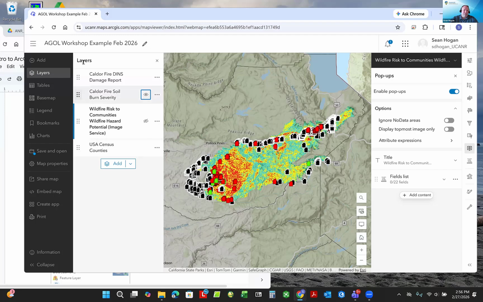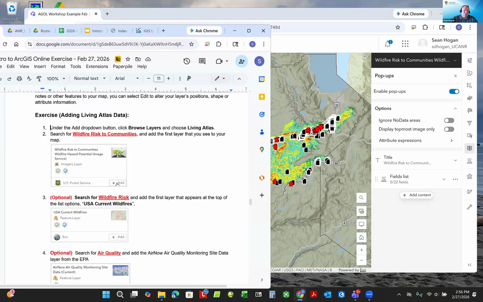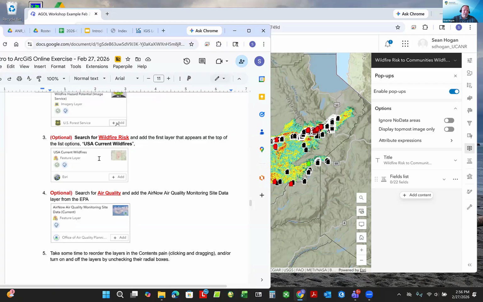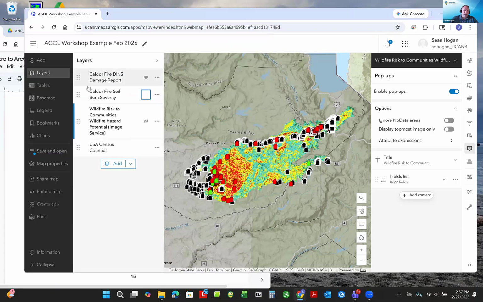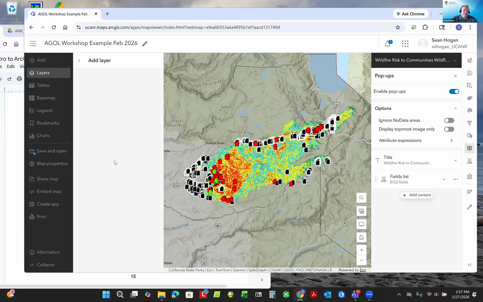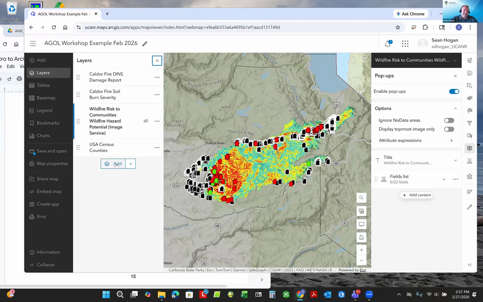Another option that's available, we could add in air quality. So I can copy and paste that in. This is not necessary. This is again show and tell. This is just purely optional, just because it might be interesting to you, but it also leads to a point that I want to make here in a second. So what I'm going to do is add in from Living Atlas. So I did the add, so I'll back that up again. I'll click the add again